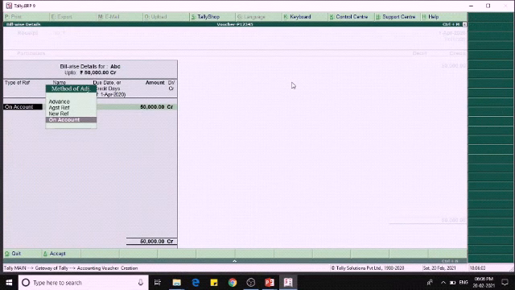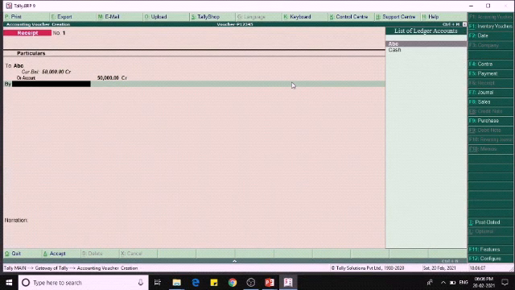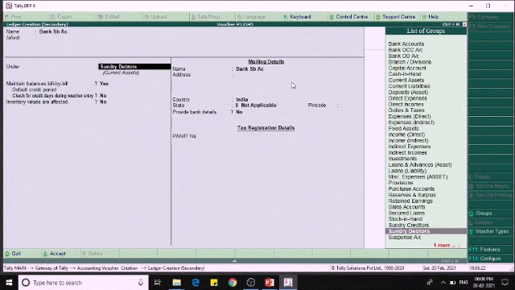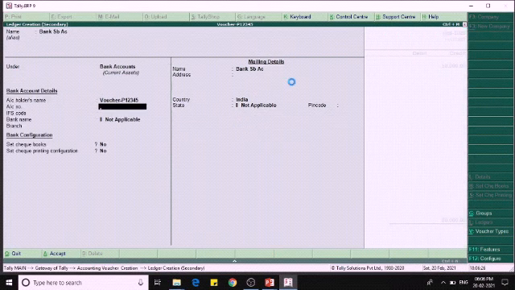For example, 50,000. So on the debit side, you can see the cash account, or else we can either create bank also. I will press Alt plus C and I will create bank SP account under bank account.